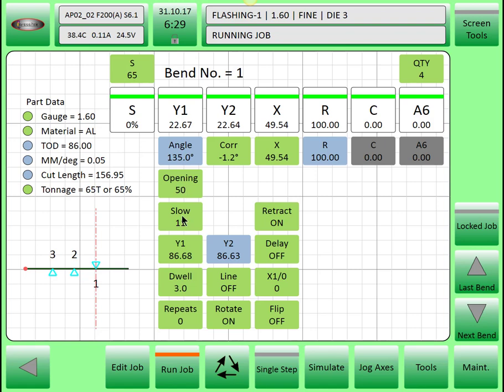Slow is normally calculated by Icon, but at a previous time in these demonstrations it's been modified from 10 to 11mm, and that indicates the distance from the material to when the pressing cycle starts. In this case 11mm above the material, the pressing cycle, the high pressure part of the stroke, will begin. Dwell is always on. It's used mainly for assisting and mitigating spring back on high tensile or underbent